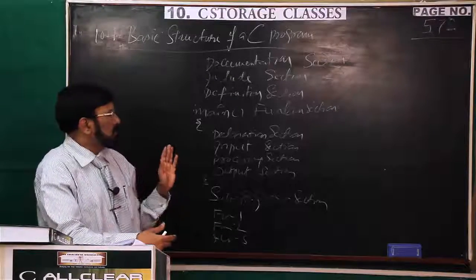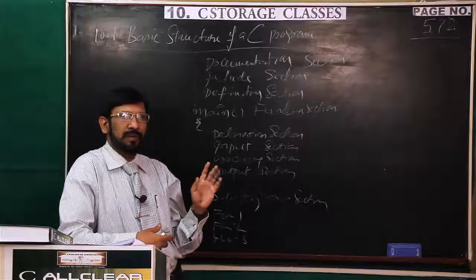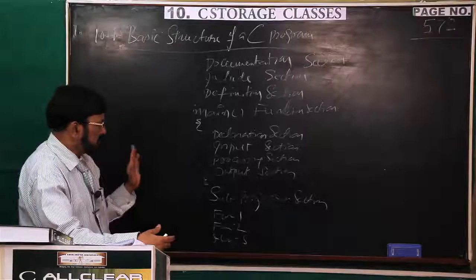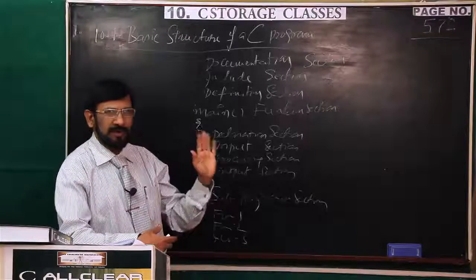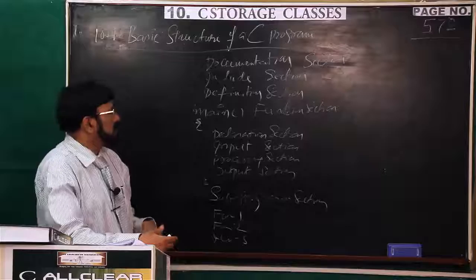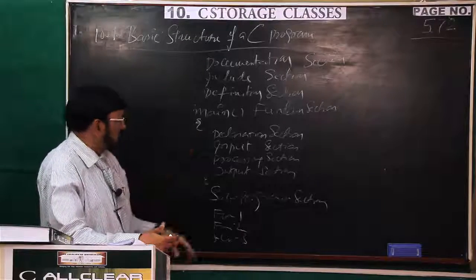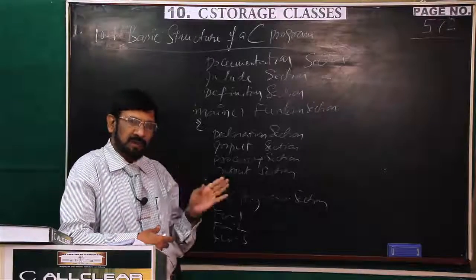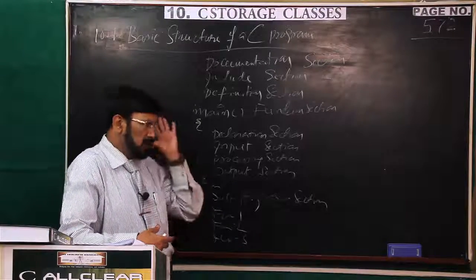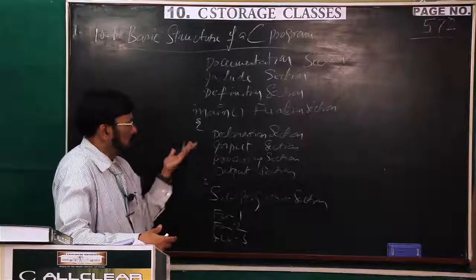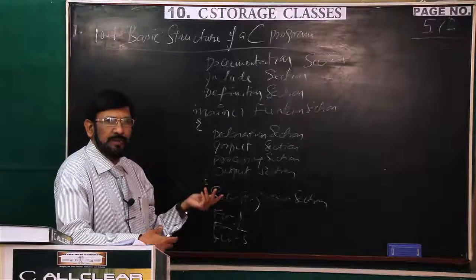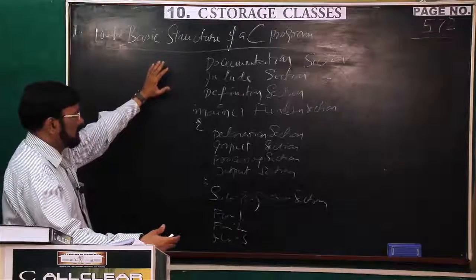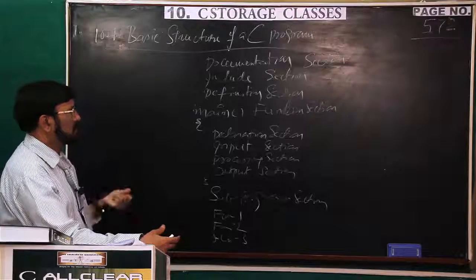Now, I already introduced all the sections in a C program. Now let us list out all the sections and revisit the entire thing for the sake of integrity and complete knowledge. Now you see, I have listed out all the sections involved in a C program. But one thing you must remember, all these sections are not compulsory. You may not write a C program with all the sections. Some are optional, some are compulsory. So, now let us list out all that and see their functionalities.